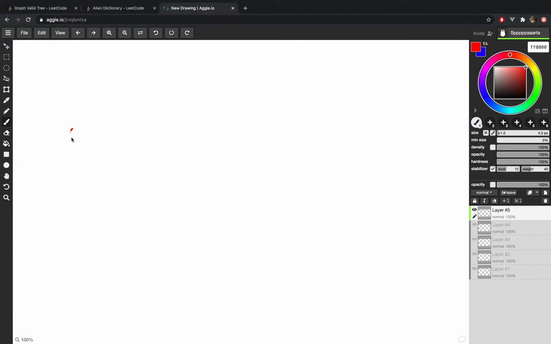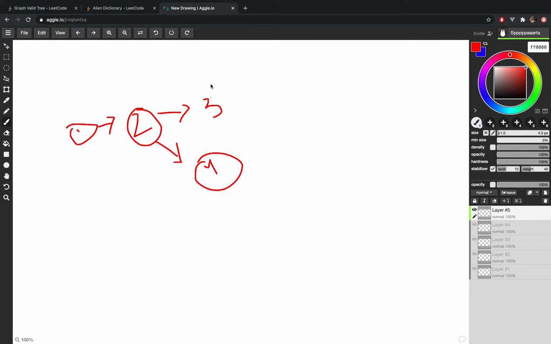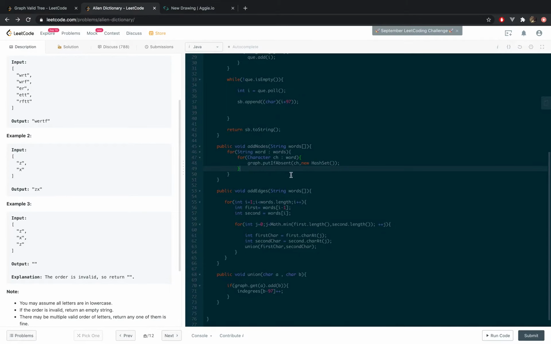So let's say we have this node again, 1 points to 2, which points to 3, 4. So these are all ABCDs. Just think of this as A, B, C, and D. So now as soon as this A is found, we will decrease this 2, right? So for that, since our hash map already has this, what we'll do